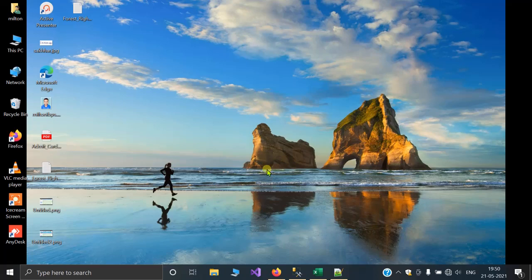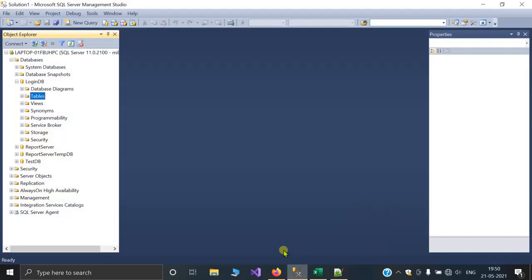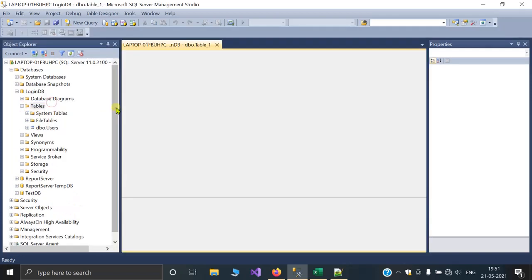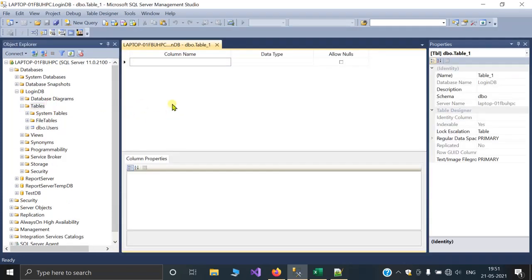For that, just go to SQL Server, and here in this database, I will create an employee table with some duplicate records. I will add some columns.